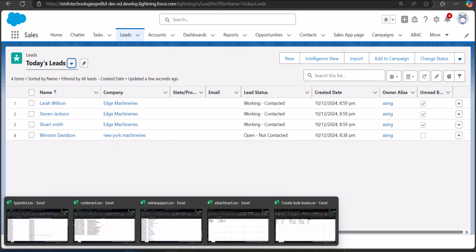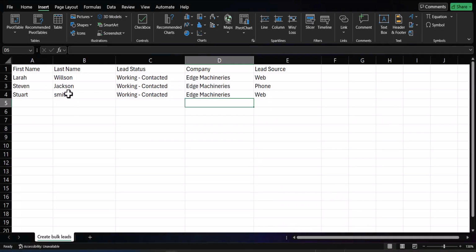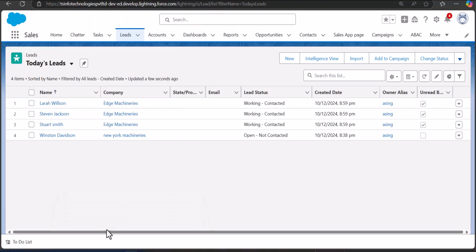So let me show you the CSV file again. Here you can check the names of the leads that you have entered through the data import wizard. So this is how you can import bulk leads in Salesforce using the Salesforce data import wizard. So after this, we are going to see how we can import leads in bulk using the Salesforce data loader